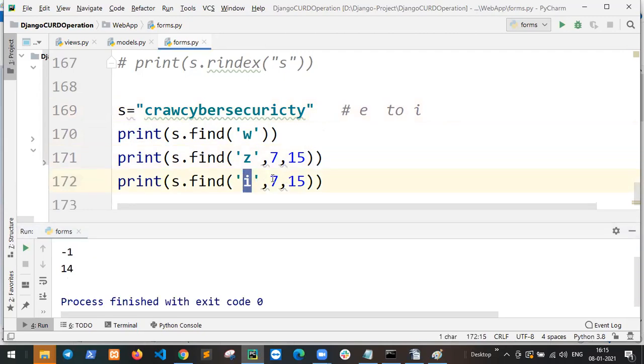Same position. Where is I? 7 and 15. So E is here and I is here.